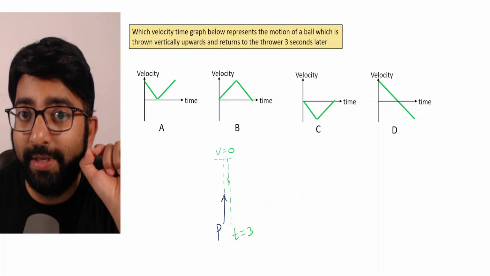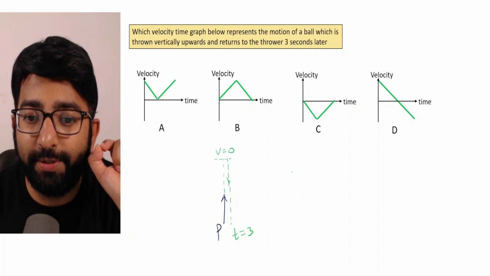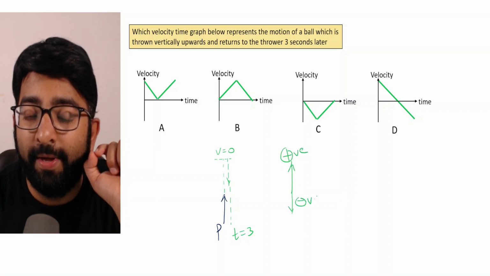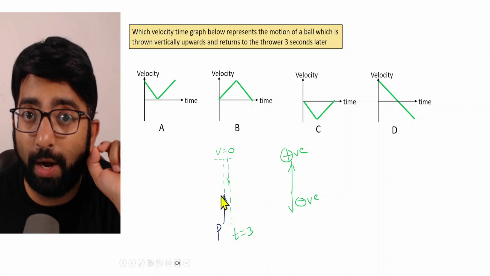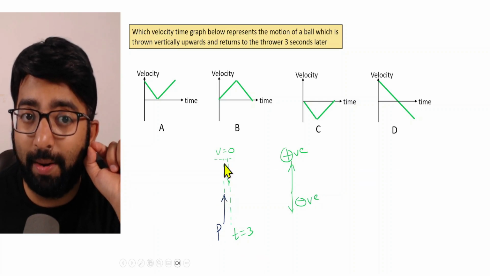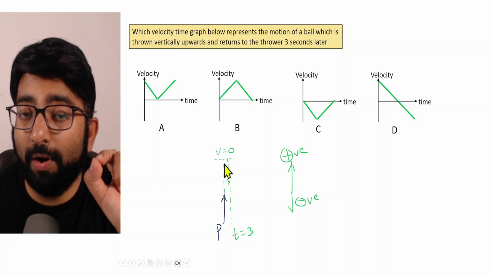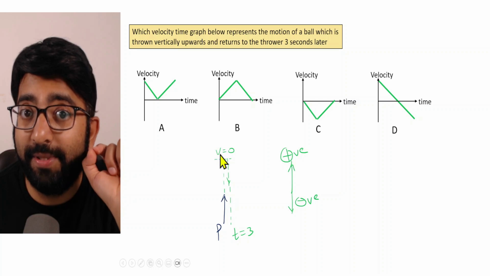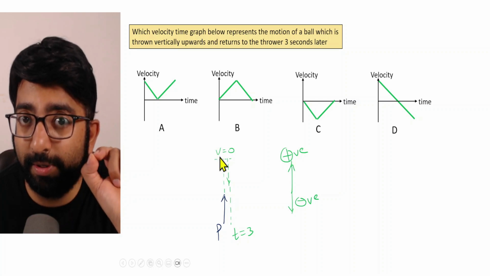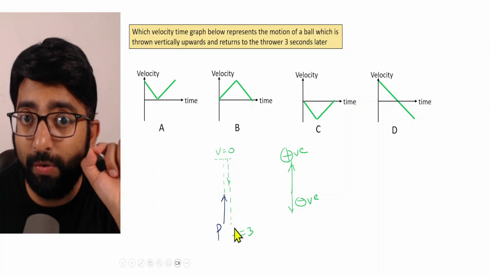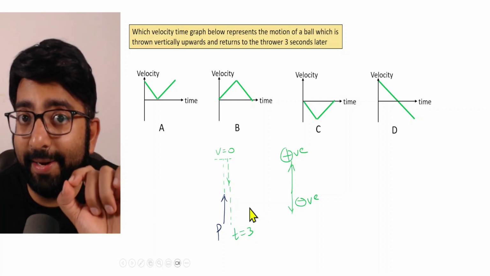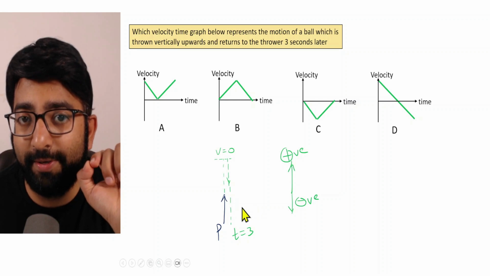So if you are using the sign convention that all the velocities which are going up are positive, that would mean all the velocities going down will be negative. Now initially the ball was thrown up, that means the velocity is upwards, hence the sign of velocity needs to be positive. Let me repeat. When the ball is going up, the sign of the velocity is positive, and when the ball is coming down, the sign of velocity will be negative. So both positive and negative signs should be there in the velocity time graph.